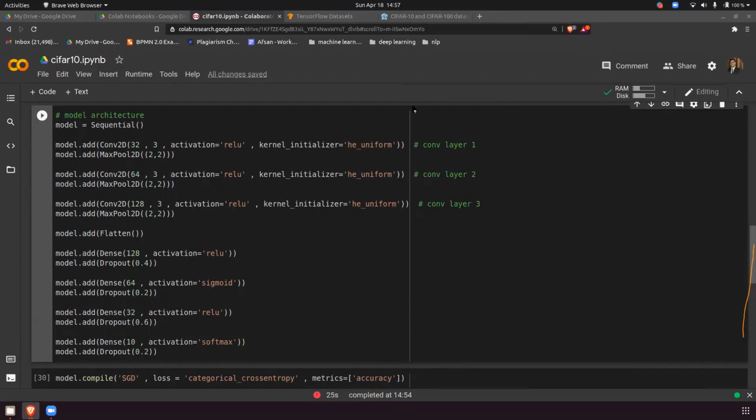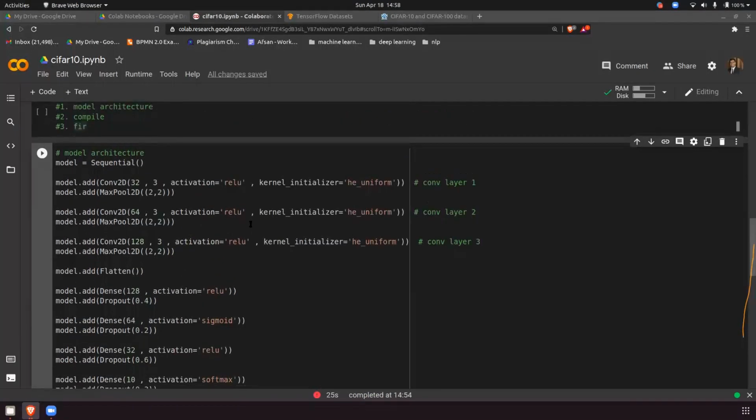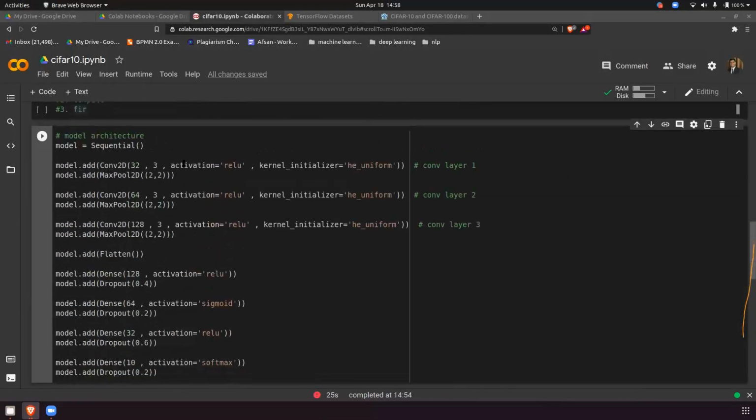Anyone got the better accuracy? So let's change this to 2 comma.